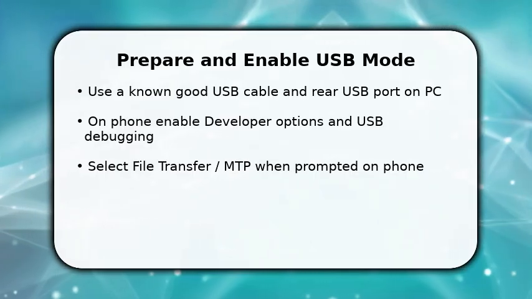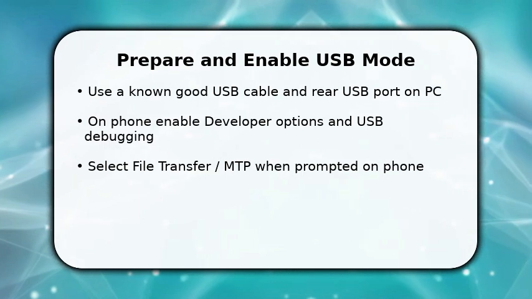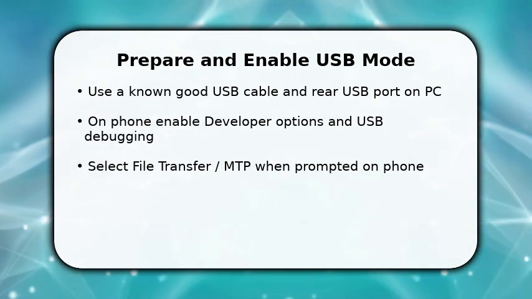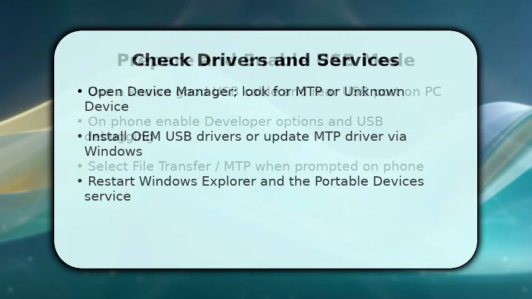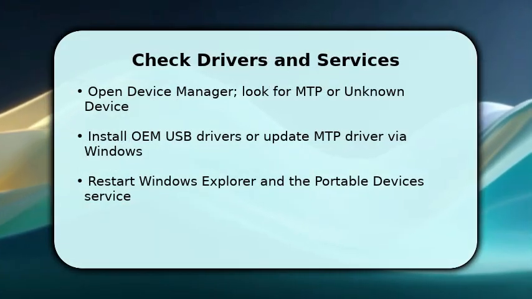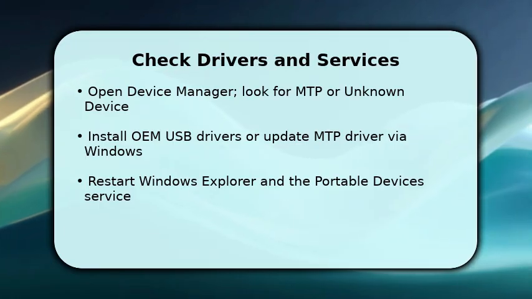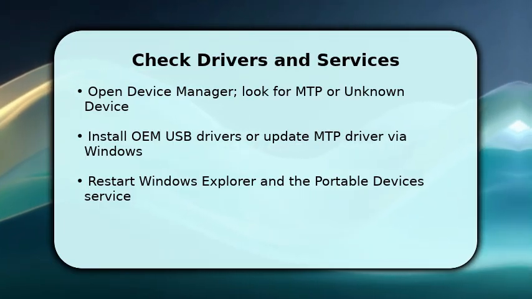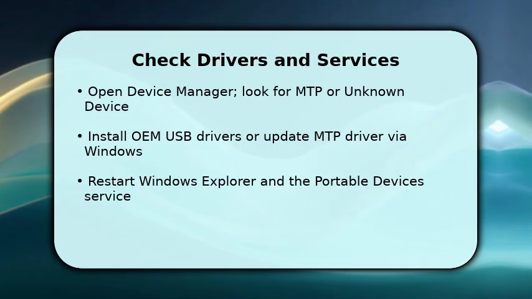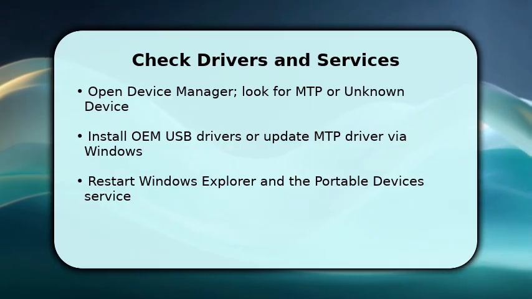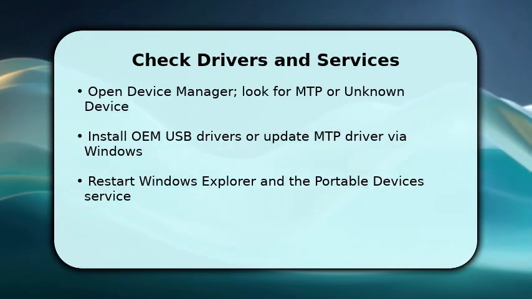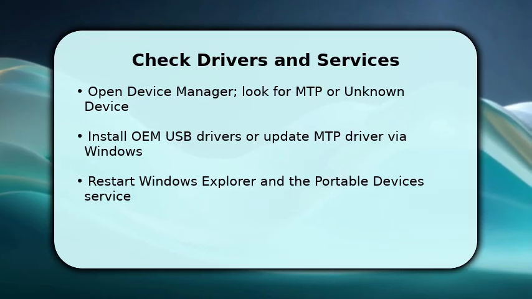If a prompt asks to allow this computer, tap Allow so the connection is authorized and visible to File Explorer. If the phone still doesn't appear, open Device Manager and inspect for MTP, Android ADB, or unknown device entries. Those indicate driver problems. Right-click and update drivers, or install the phone maker's OEM USB driver so Windows recognizes MTP